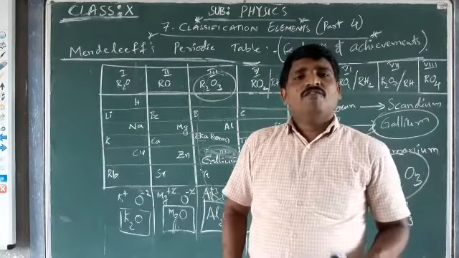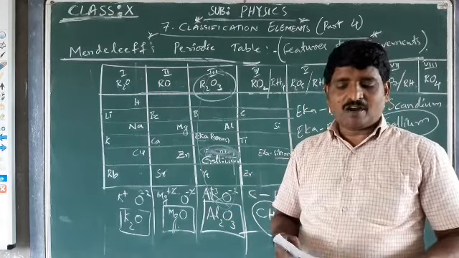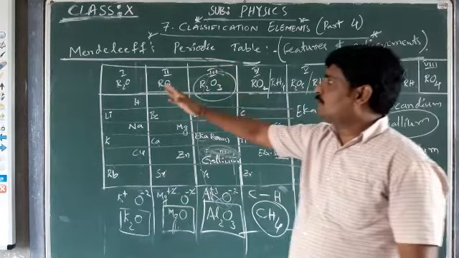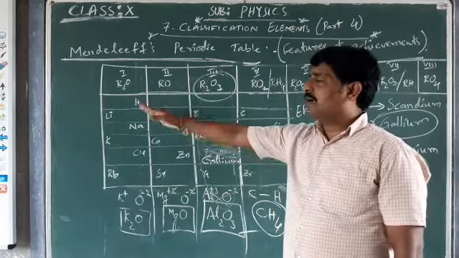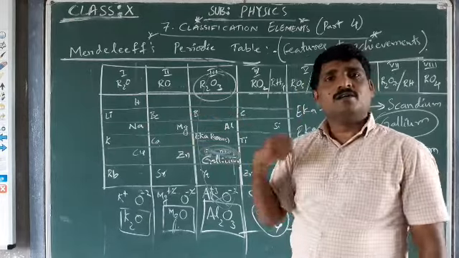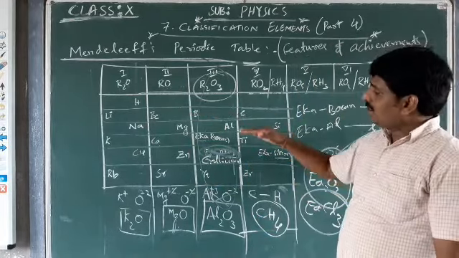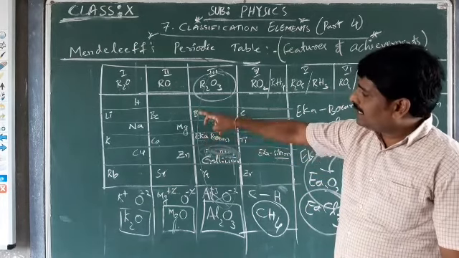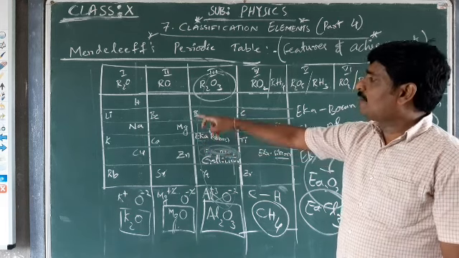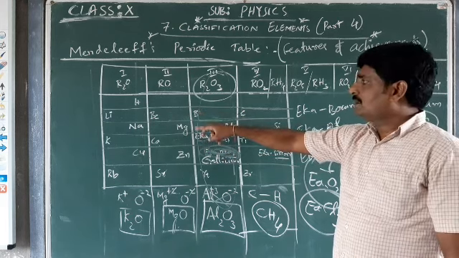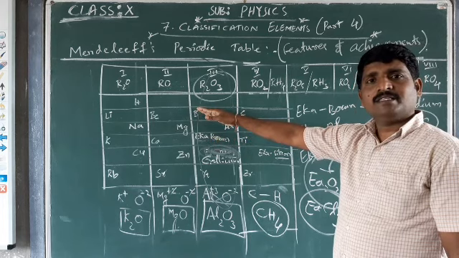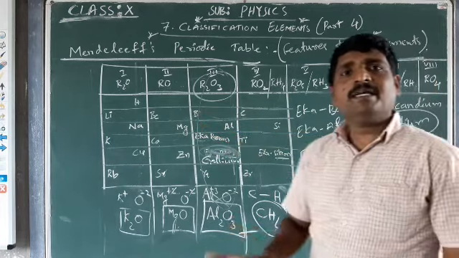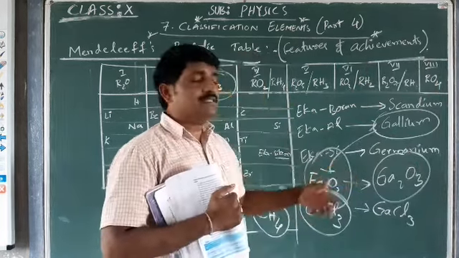The next feature of Mendeleev's periodic table is the correction of atomic weights. I hope you understood this up to here. He divided the table into 8 vertical columns as groups, with subgroups, and 7 horizontal rows as periods, and he predicted the properties of missing elements. For an empty column he gave the reference Eka boron, taking the name of the element just above the blank, boron, and adding Eka, and whatever the predicted properties were, they were later taken as the same.